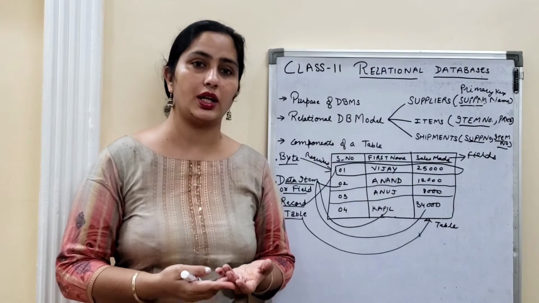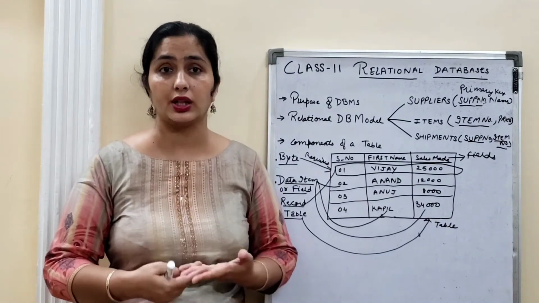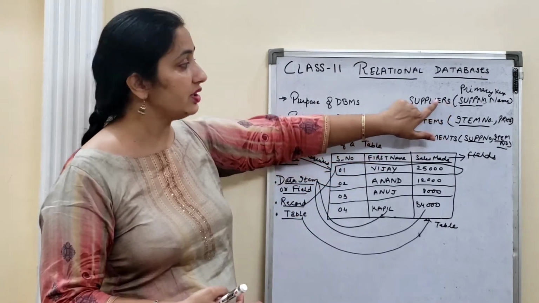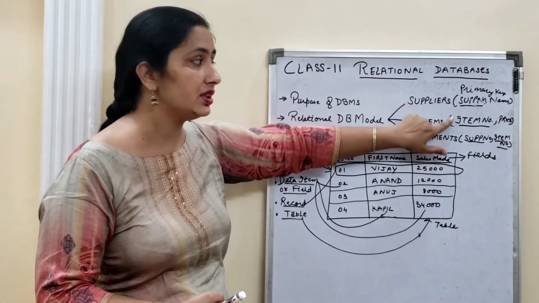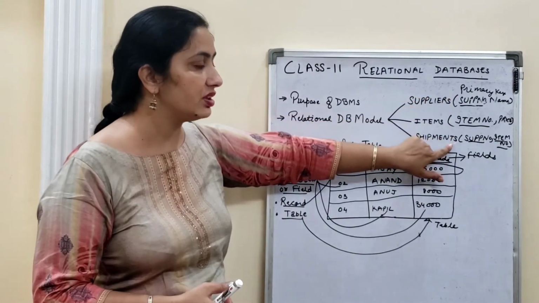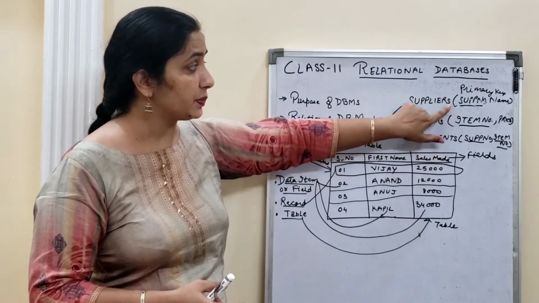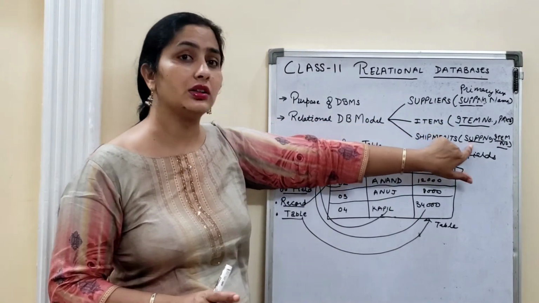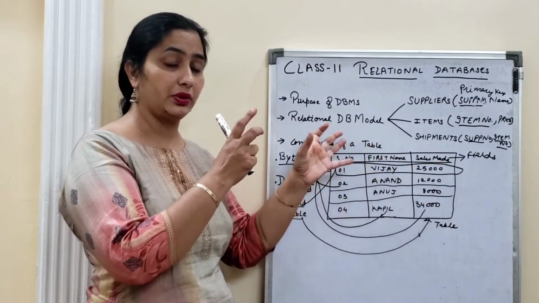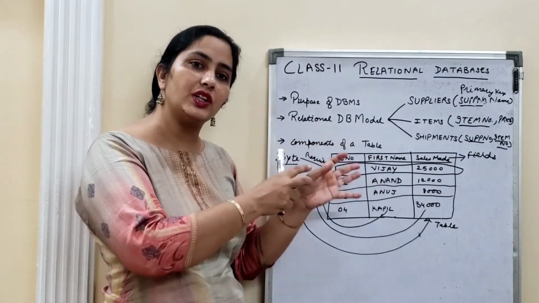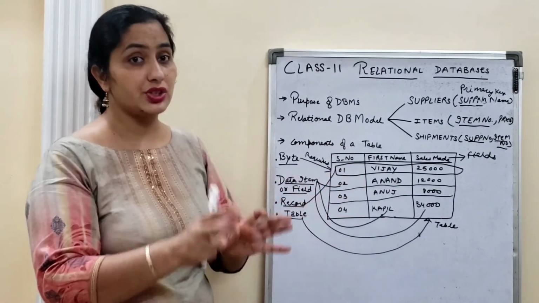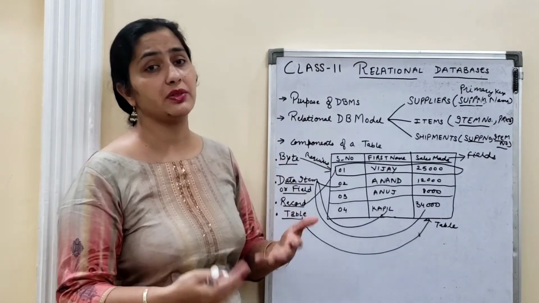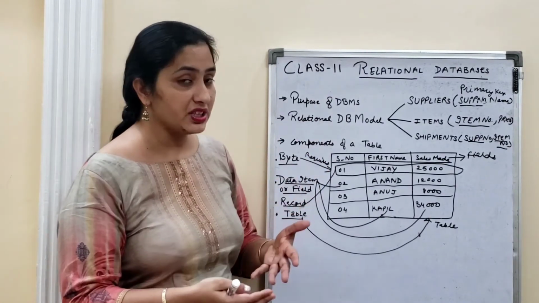Whenever you are creating a database, your main purpose is to share the data, and that is only possible this way. Here you can see I have 2 fields in 2 different tables, but I have shared these 2 pieces of information with this 3rd table, right? They are both primary keys, so they will remain primary keys even in the 3rd table. The information available in the 1st and 2nd table will not be changed even if it goes to the 3rd table. So those are the different benefits of a relational database management system.